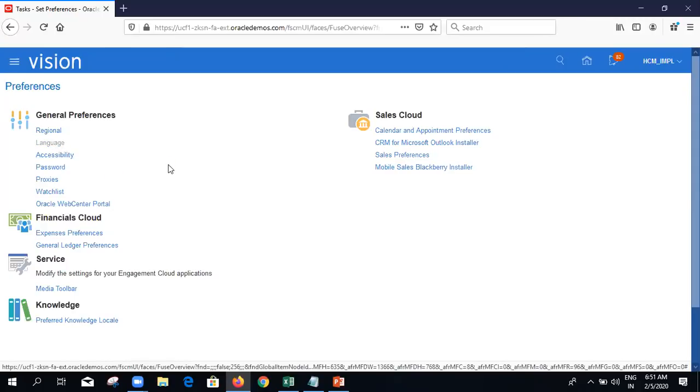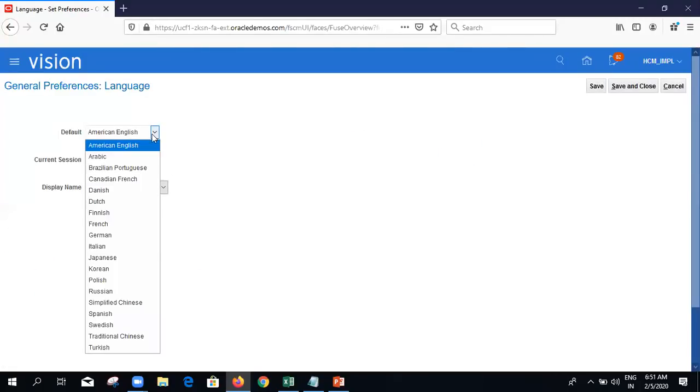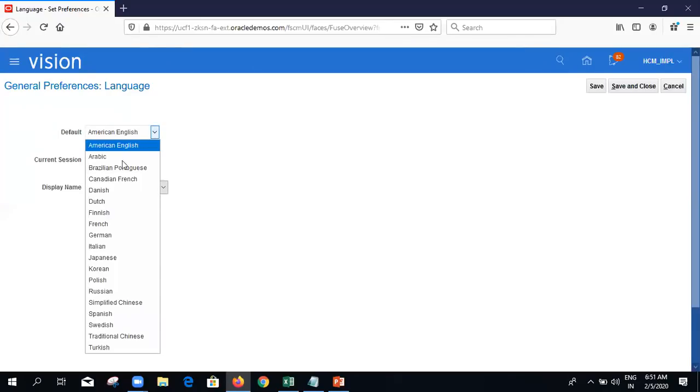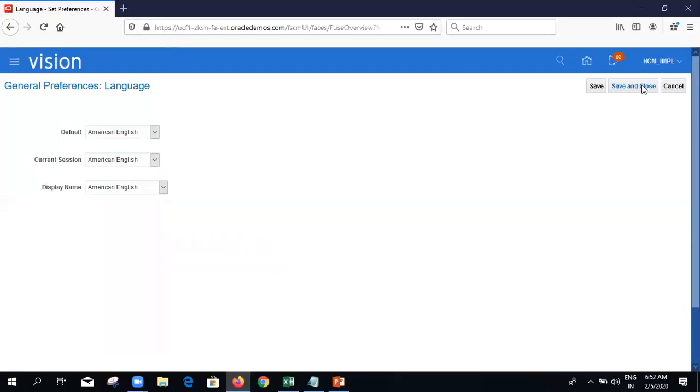And then in the language section, you can also choose the multi-language option. If you go to some clients in the Middle East, people ask for their own language to be shown on the screen. Every task name should be in their own respective language. If people in the Middle East expect the Arabic language, where they want all the application and task names in Arabic, you can give their own respective legislative languages here. Oracle supports all the multi languages for the application. You can choose the language which you require, and then click on save and close. That will be reflected.